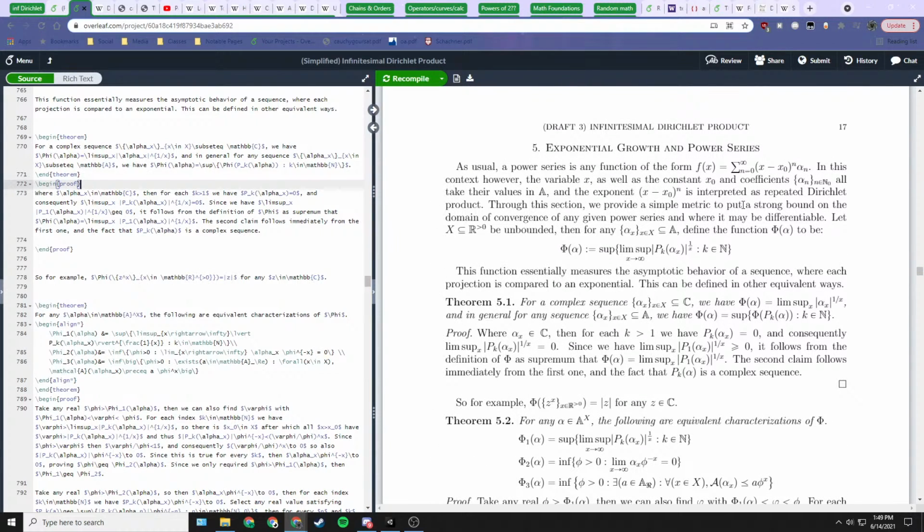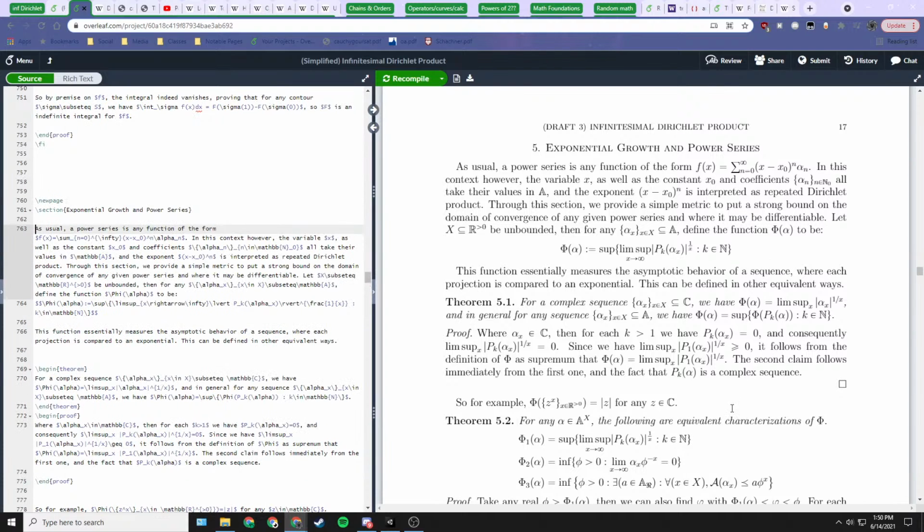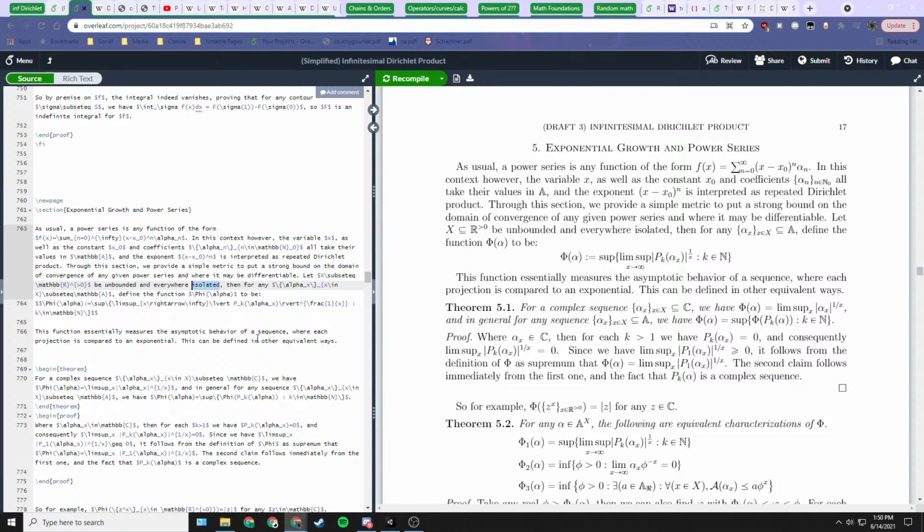So we'll say we could say the domain is unbounded and everywhere isolated, or we could say the domain is unbounded, and then for any locally bounded alpha sub x,